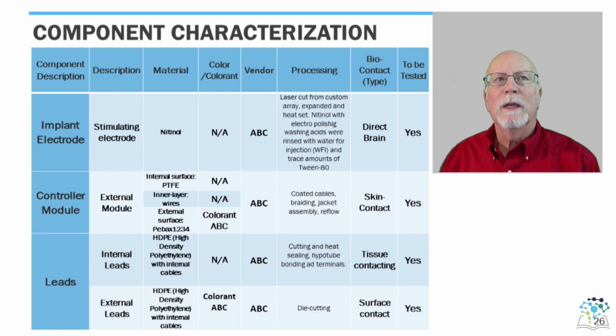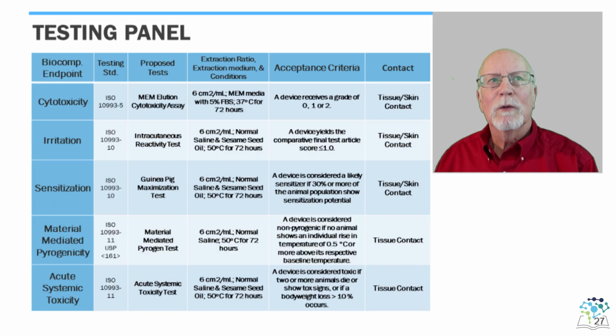First component of the BAP is a detailed device component breakdown, including material composition, additives or colorants, and processing steps. These are followed with a careful component-by-component analysis of contact and maximum duration of use. We see here the actual biological endpoints corresponding to the ticked boxes which we identified from the recommendations in Table